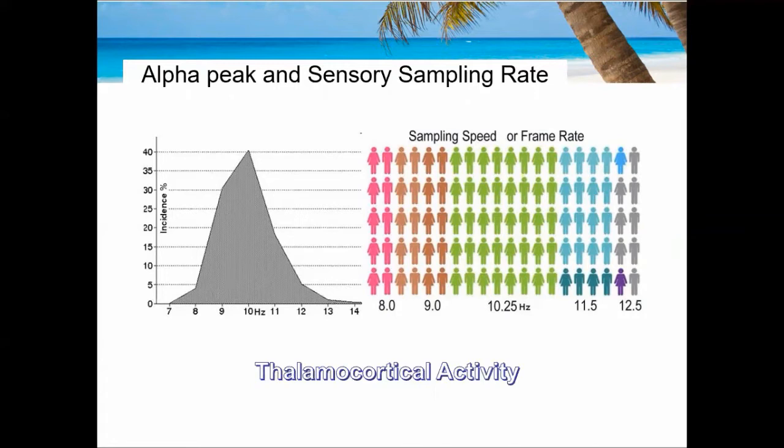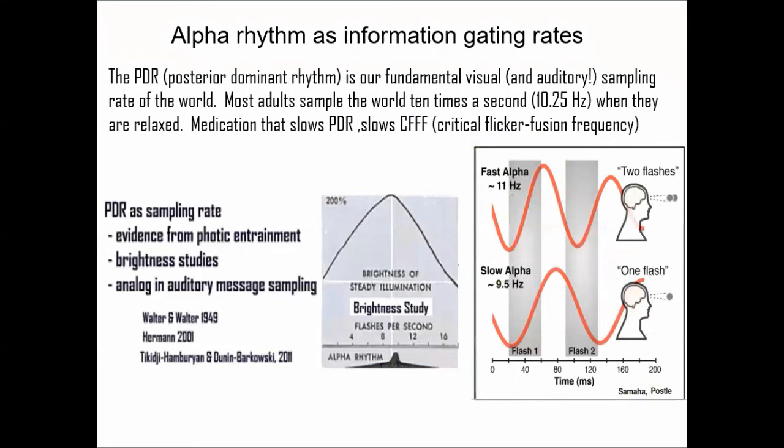And there may be some differences; we've seen some more ego effects. When people are slower, they seem to be a little bit more egocentric. And above that, what I call the adolescent speeds, 11.5, 12, they seem to be sort of dependent on others, like an adolescent is. And there's been a lot of evidence that our alpha peak rhythm, sometimes called the IAF or IAPF, for individual alpha peak frequency, is related to how often you're sampling the